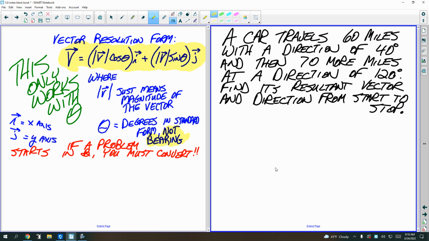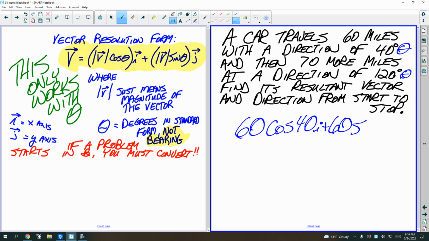Okay, it's in direction, which means it's theta. So this is theta, and it's in direction, so that means this is theta. All right, so 60 goes with 40. You ready? So it's 60 cosine 40 i plus 60 sine 40 j. Those are actually vectors, i and j, so I know that some science teachers would freak out if I didn't put the little arrows above it. Now, that was just for the first